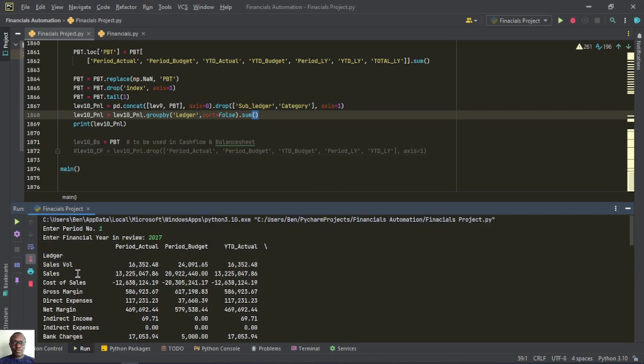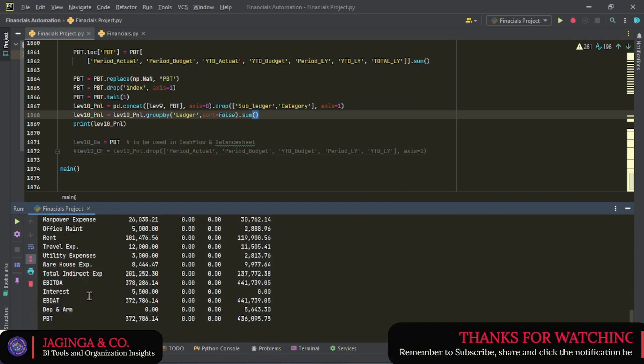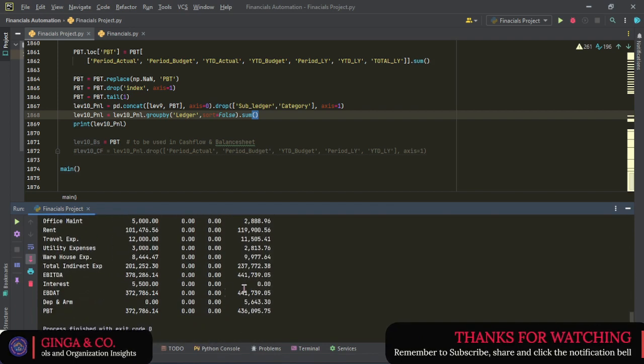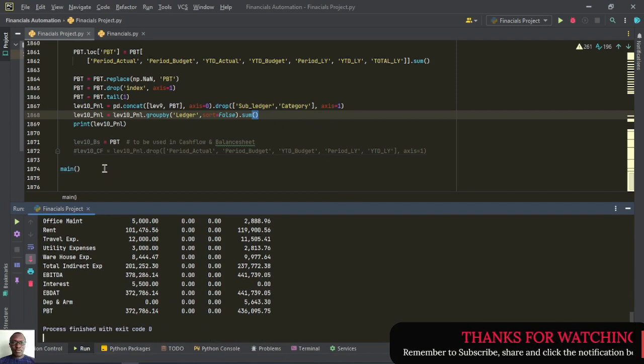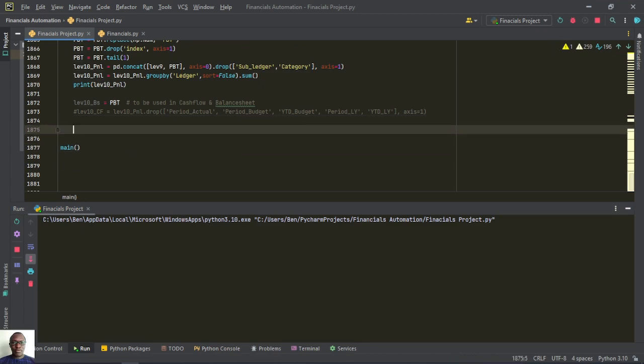So here we have ledger, we have sales volume, we have sales, we have cost of sales, we have gross margin, direct expenses. So this is what we have for period 1, but let me just try to print it out within Excel. So when we come back, we'll see how we can save this within Excel, but then I will be moving